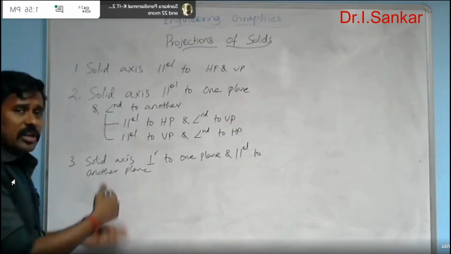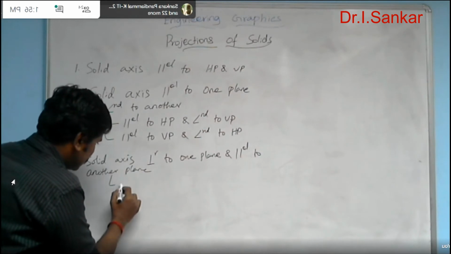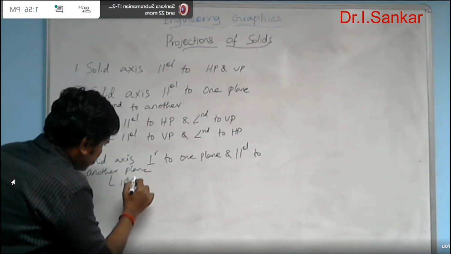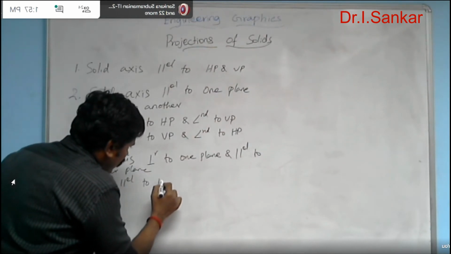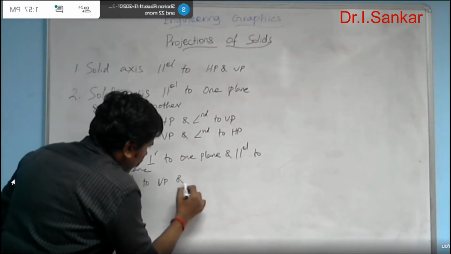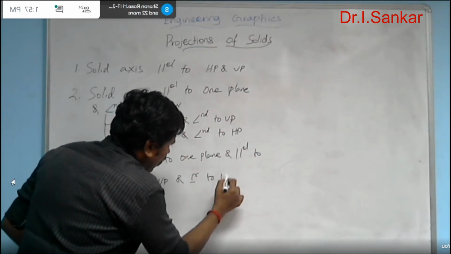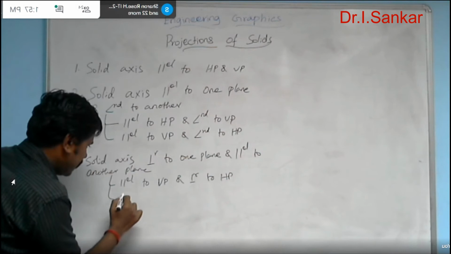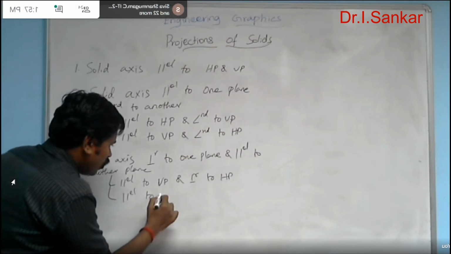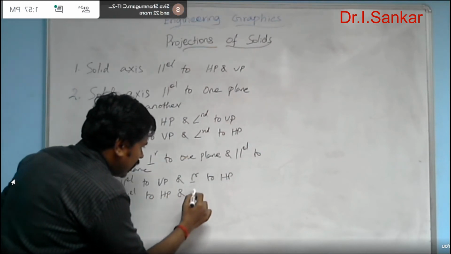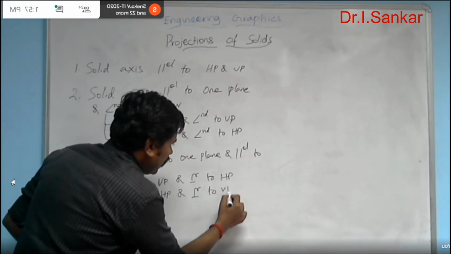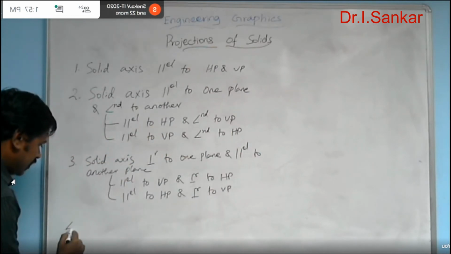In that also we can have two more variants, that is solid axis parallel to VP and perpendicular to HP, and solid axis parallel to HP and perpendicular to VP, and finally the fourth case is